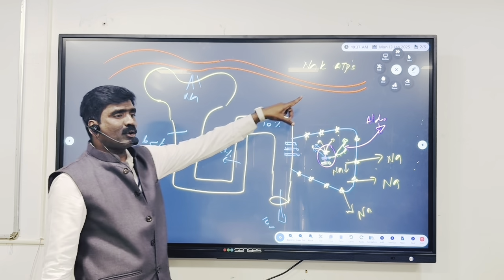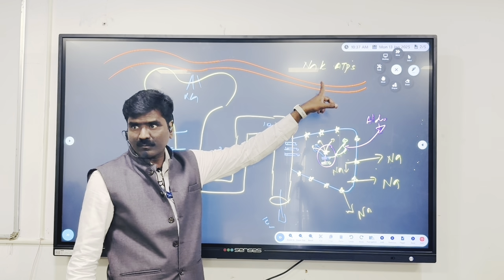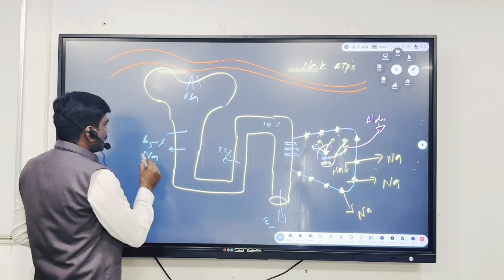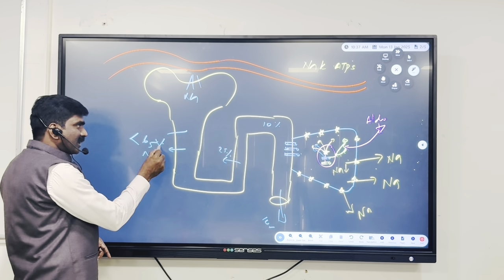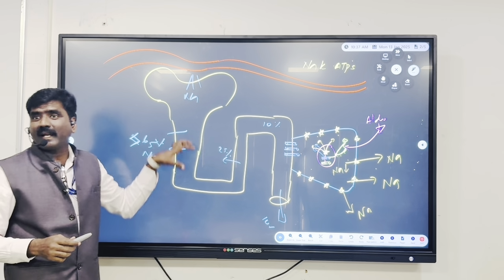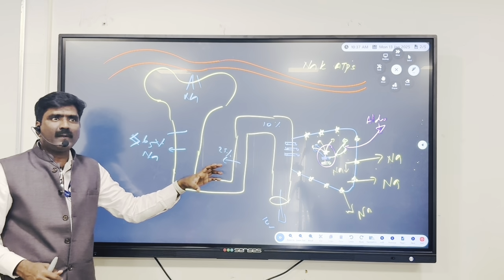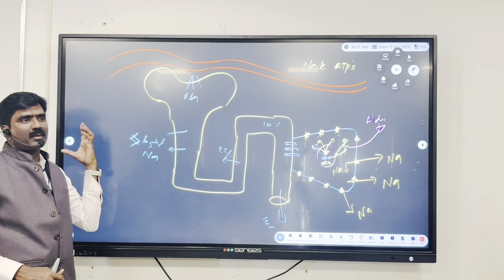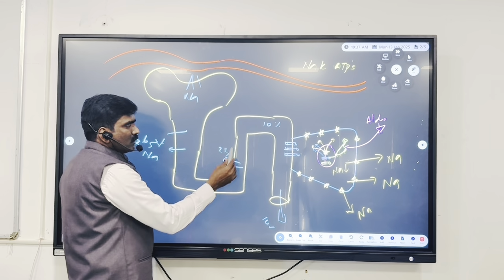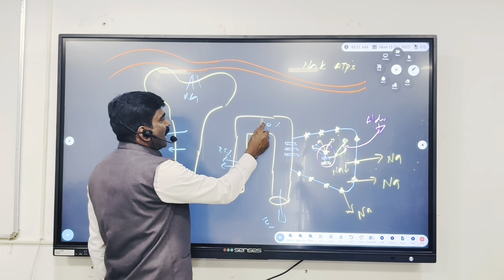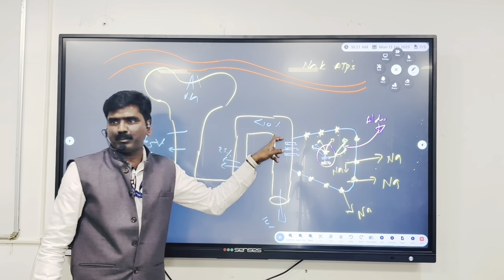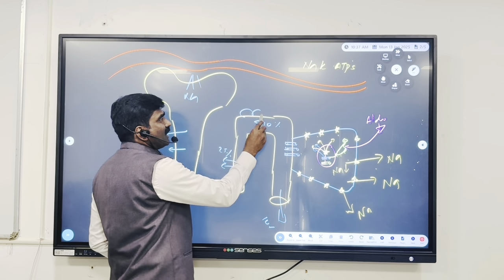And now what happened, because pressure is low, this is greater than 65 because it gets more time, we discussed. Because fluid is moving slowly, more and more sodium is absorbed here, and here also more and more sodium is absorbed, and here it will be less than 10%,